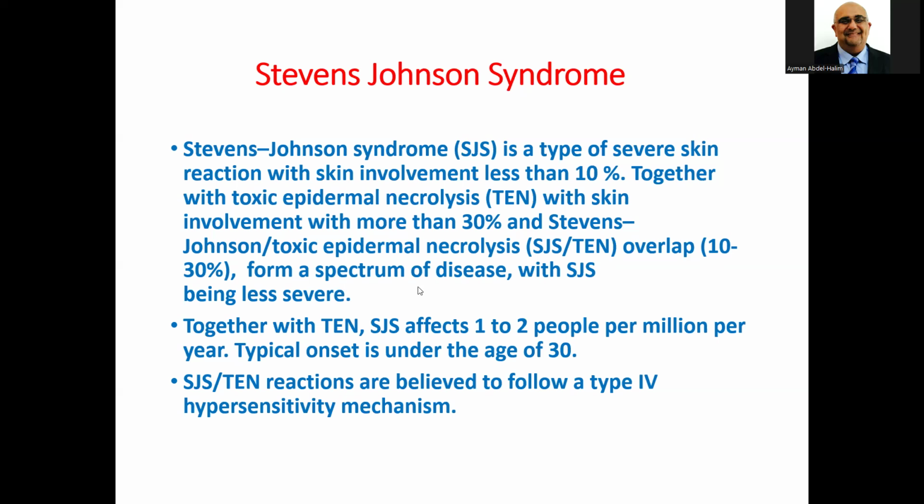All of these together form the spectrum of a disease called Stevens-Johnson syndrome. Together with toxic epidermal necrolysis, SJS affects 1 to 2 people per million, so it's pretty rare, and a typical onset is under the age of 30. You're not going to see it a lot, but you have to be aware of it so you can pick it up early on and save the patient's life by doing so. Of course, these patients need to be sent to the ER,